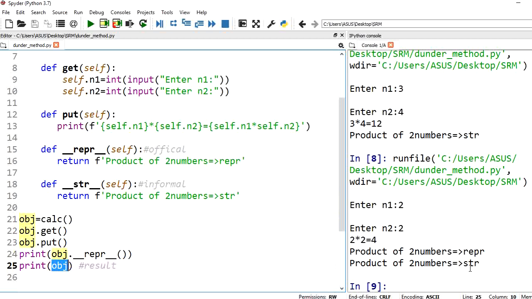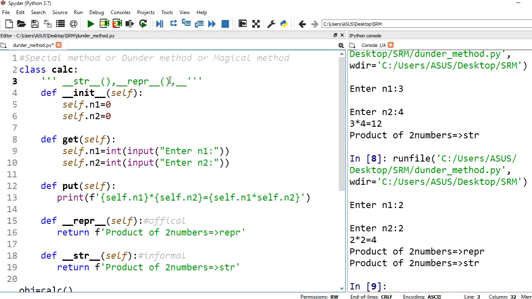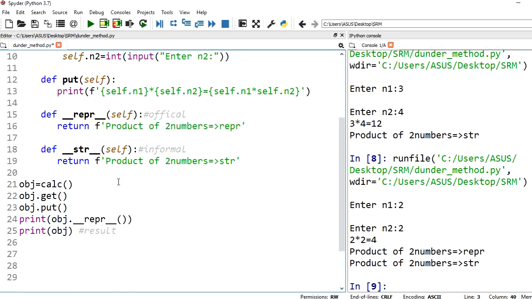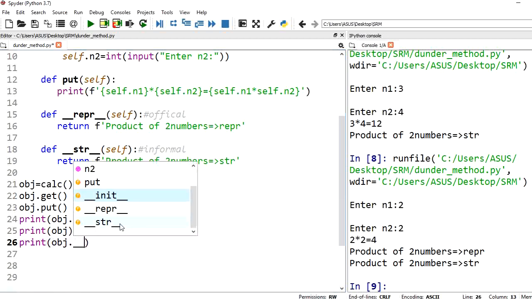Clear with it? Now I hope you are clear with what is str, what is the functionality of the wrapper method, and what is the difference in its implementation. Next we are going to see what is the use of double underscore doc. We might have come across the doc string. Whatever we are writing here is a doc string. That is nothing but programmatic information written as the first line of a program. If you want this doc string to be displayed in your output, I can make use of double underscore doc. You are supposed to call print obj dot double underscore doc.